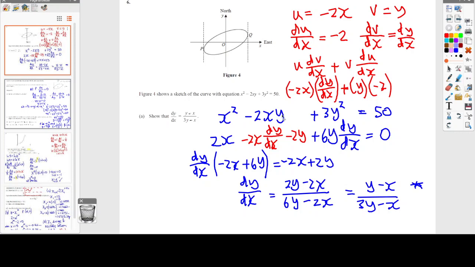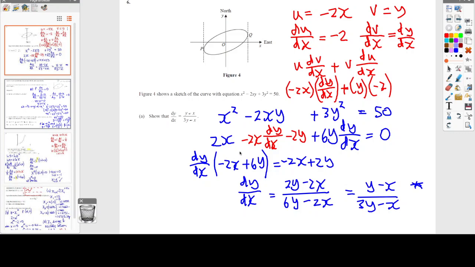Now, because we've got the two variables here, we've got to use the product rule for the minus 2xy. So u is minus 2x, v is y, so du dx is minus 2, and dv dx is dy dx. So u dv dx plus v du dx gives you this here, which simplifies to this bit in red. And then our third term on the left, 3y squared becomes 6y dy dx, and the differential of 50 is